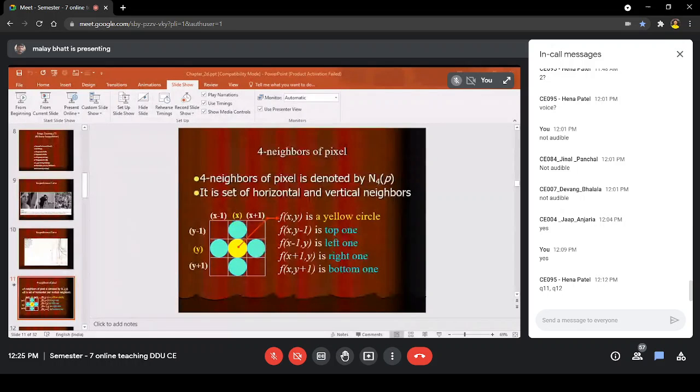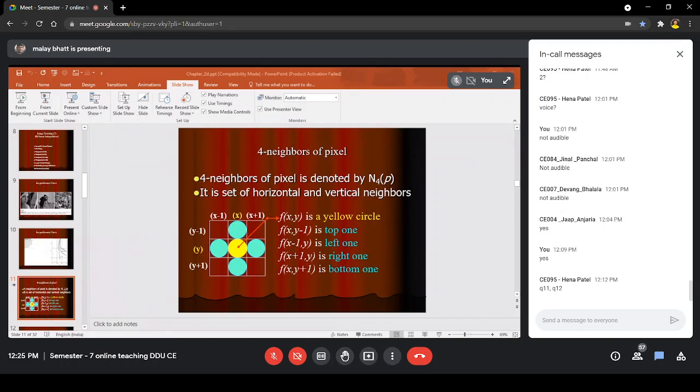That area is the neighborhood. It can be a 3 cross 3 mask or a 5 cross 5 mask. So we apply a mask on a small part of the image and perform some operation like image enhancement or image smoothing.